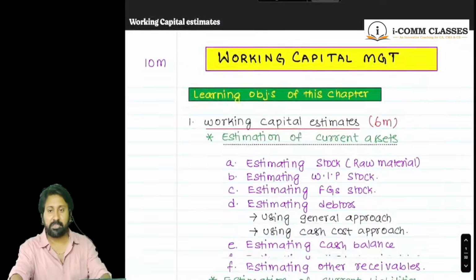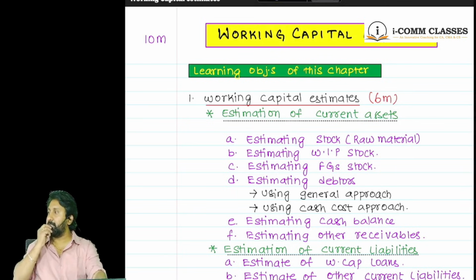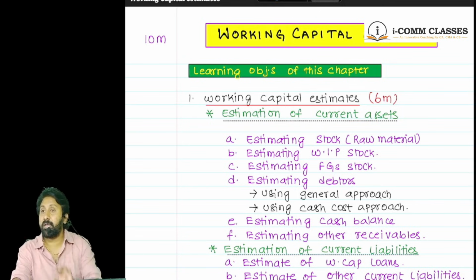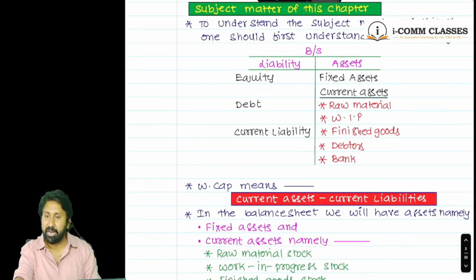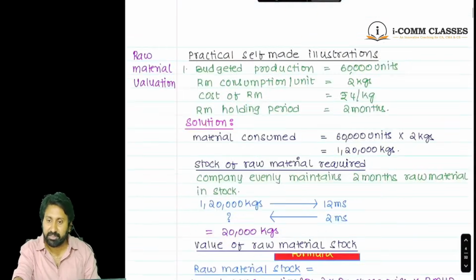See here now for the chapter. What is the name of the chapter? Working capital management. I said now every chapter we are having notes. How much notes? Entire study material, all the concepts we have again rewritten in an easy format for us to understand along with the theory.